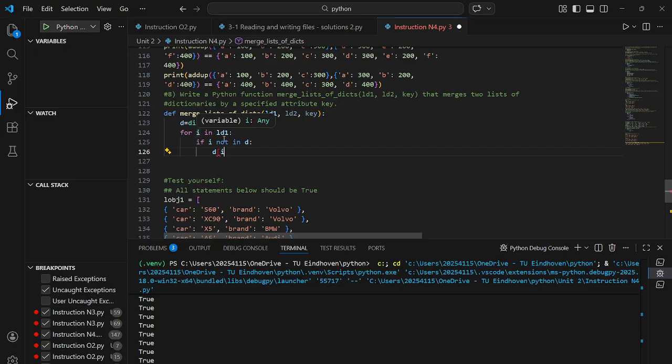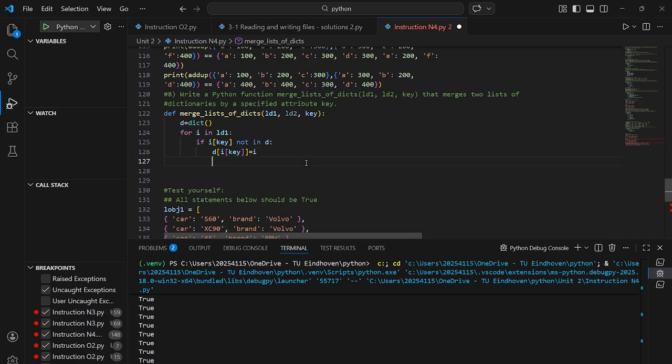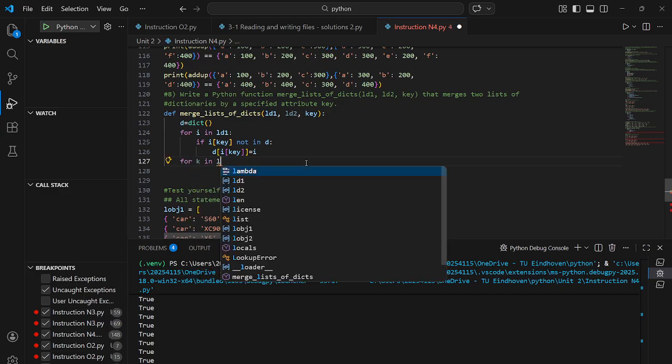It's good that we iterate over the dictionaries, but we want to make it so if the i key, so that specific key, is not in the dictionary, then the i key is equal to the whole new dictionary. I think that's it. Then for k in LD2,